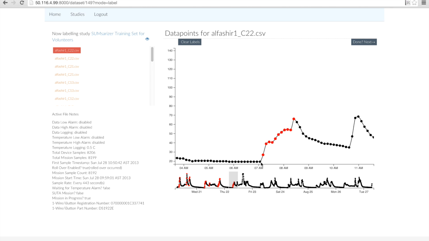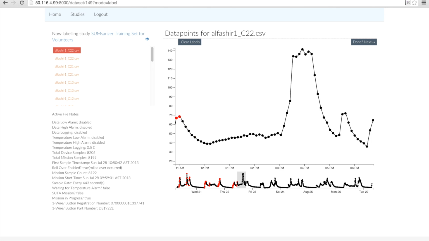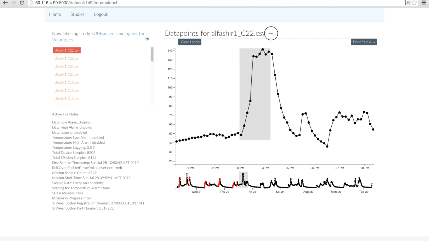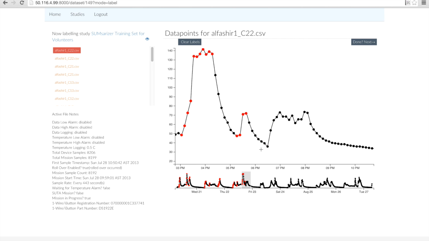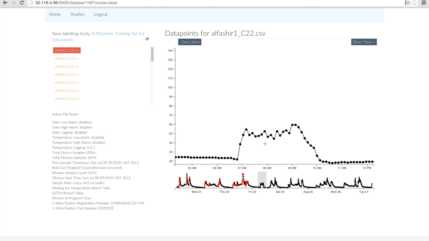If you miss a point, like I just did, you can click on it and that will toggle the point from black to red. So just in case it's unclear, red here means that's what I as an expert believe is cooking, and black is not cooking. So I'm going to say this meal lasted this long. This one, I'm going to say the stove cooled down and then it restarted, and I'll call this a new meal here. And I just keep on going through like this,